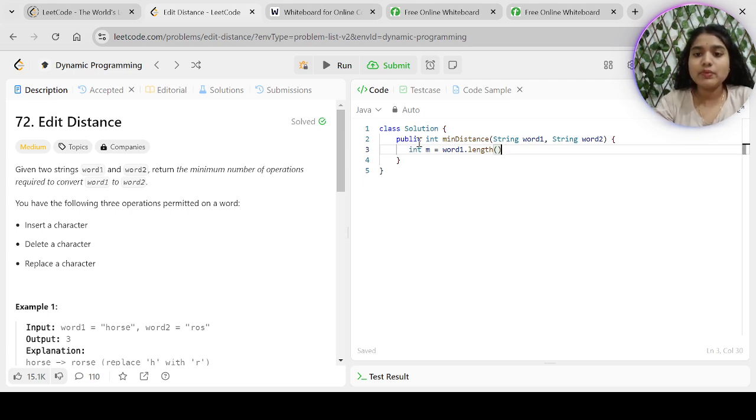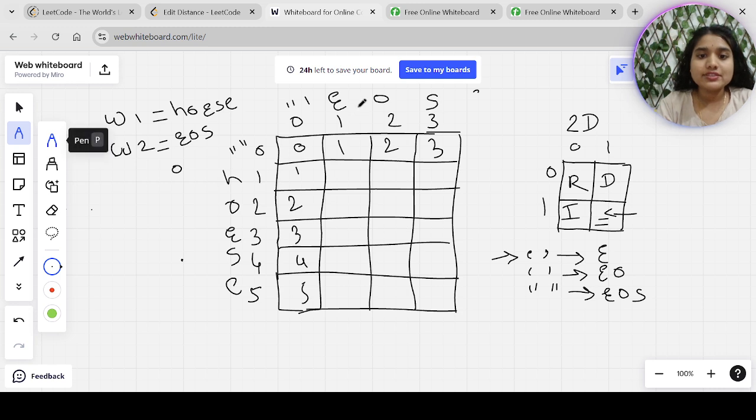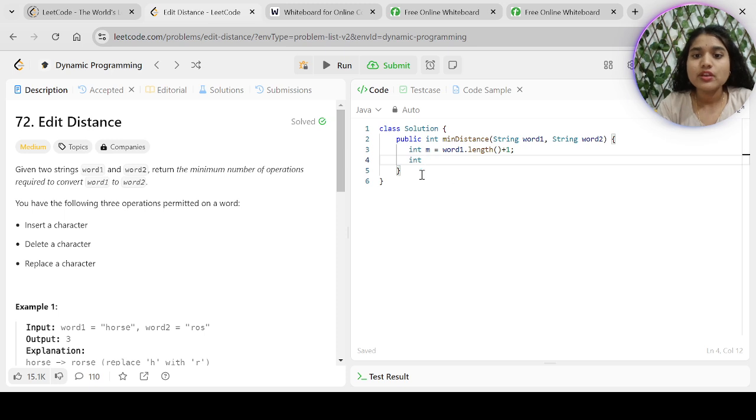I will insert +1. Why am I doing +1? Because I'm considering my 0th as an empty string and starting from 1. So whatever the size, I will have to do +1, because here if you see the size of the string is 3, but we have initialized this array to 4, size 4, 0 to 3 is 4. Then my n will again be word dot length